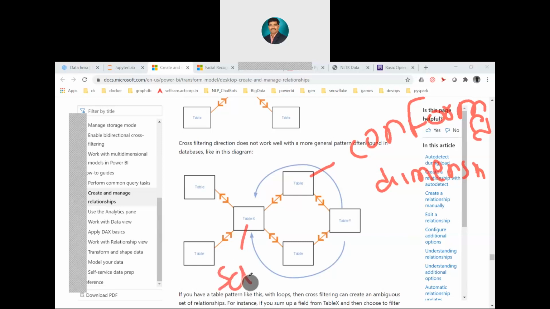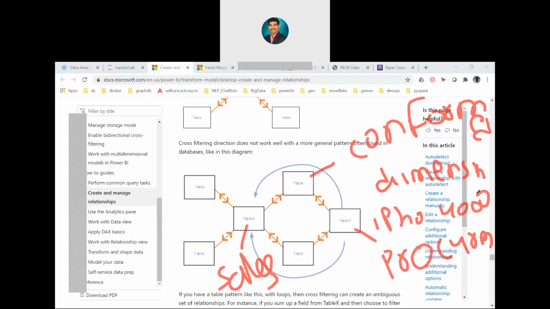Suppose this is the sales table, and this is, let us say, a procurement table. We are going to purchase something first, then we are going to sell it, right? For example, a merchant is going to purchase an iPhone for 4,000 rupees, and he is selling the same iPhone to the customer for 5,000 rupees. The 1,000 rupees is what he keeps as a margin, right? So this is a fact table, this is a fact table, and this is a dimension table. Any dimension table connected with two or more fact tables is called a conformed dimension.